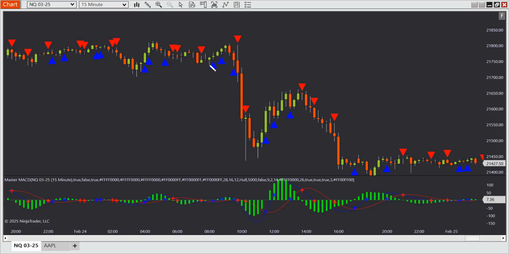We can see here it was broken to the downside with a sell signal on that exact same candle. So as that candle closes, you'd see that signal paint and then an impulsive move downwards. And that is happening right as you can see there's not much momentum to the upside coming out of this